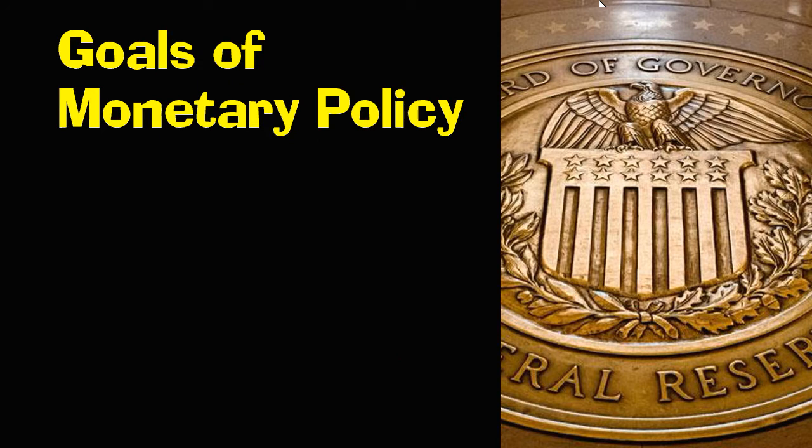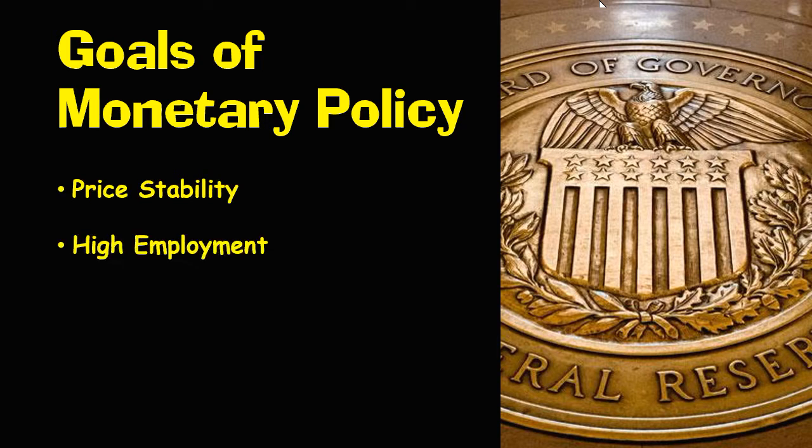So what are the goals of monetary policy? The number one thing on the Fed's list is they do monetary policy. What are the goals? Well, number one, stable prices. Got that? It's in their law. Number two, high employment. Unemployment to them is something that they think about, but not their primary obligation. They don't believe that that's their primary duty.